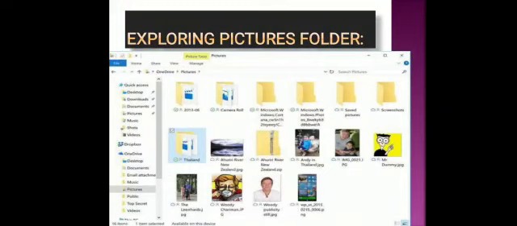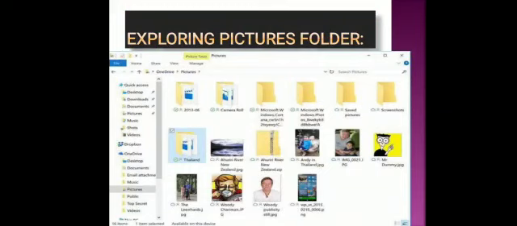For selecting a picture, double click on it. Now we get various buttons at the bottom of the picture, by which we can manage it. For viewing the next or previous picture, arrow buttons are there: the forward button for the next picture and the backward button for the previous one. Clockwise or anti-clockwise rotation is also there. You can magnify the picture to increase the view, or reduce it. You can also use the play slideshow, which automatically shows all the pictures one by one.